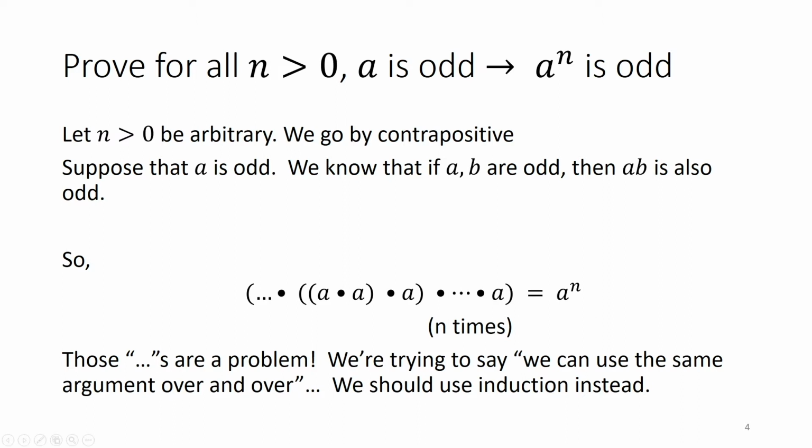Like this. A multiplied by A is odd. Then we know that, and then multiplied by A, that's odd. And multiplied by another A, odd. So we need to show all possible combinations. That's really time consuming, and actually we cannot do all of them. So in this case, we need